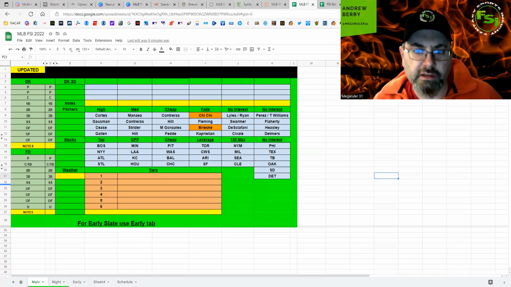Cubs, not interested in, maybe like another cheap stack or a leverage stack if Contreras is popular. Detroit and Boston, we have Brisky and Rich Hill. Brisky is definitely a fade, kind of a reverse splits guy. So definitely the righties on